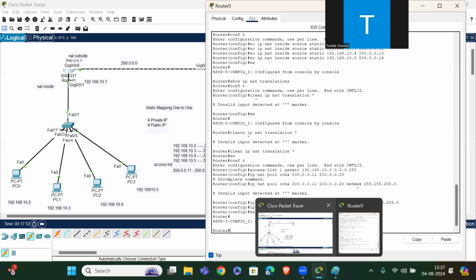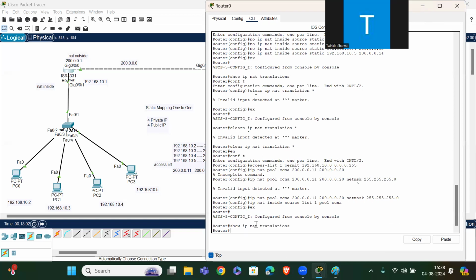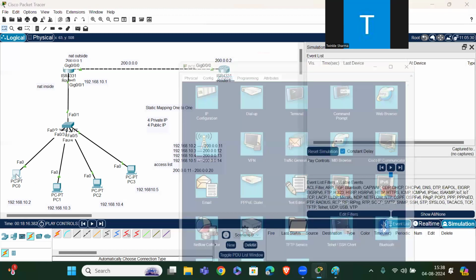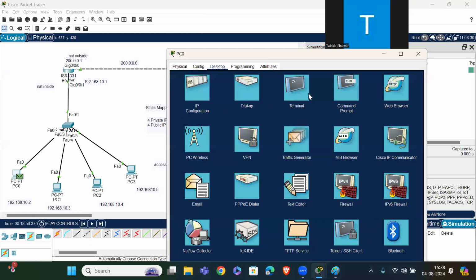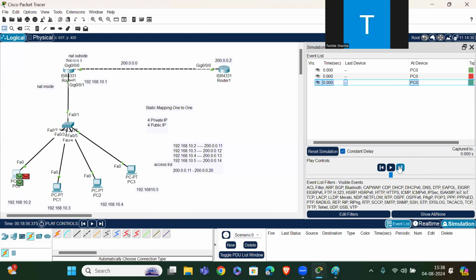Okay, now again I will ping, or let me check show ip nat translations. It is not showing. Okay, let me ping from PC1 to 200.0.0.2. ARP and ICMP created.